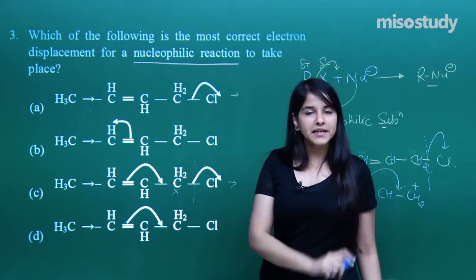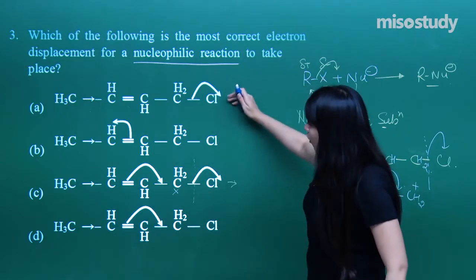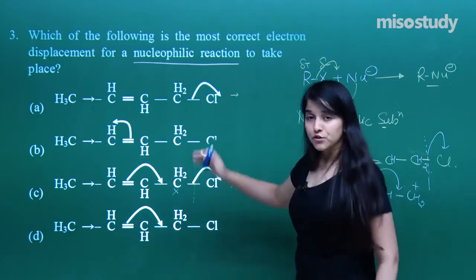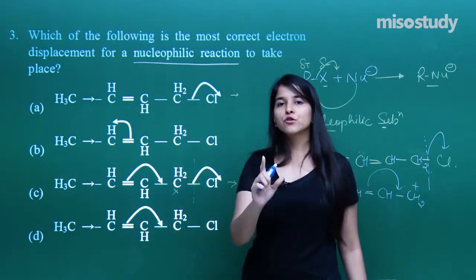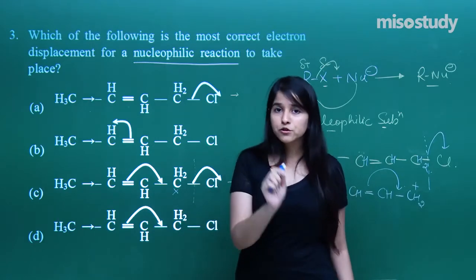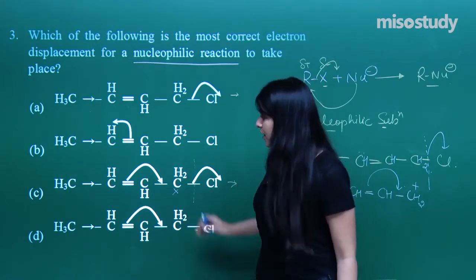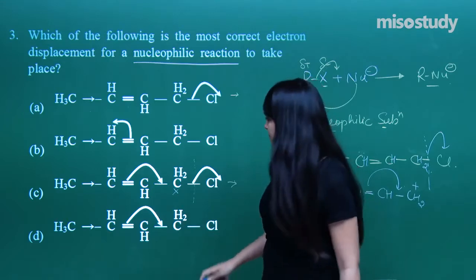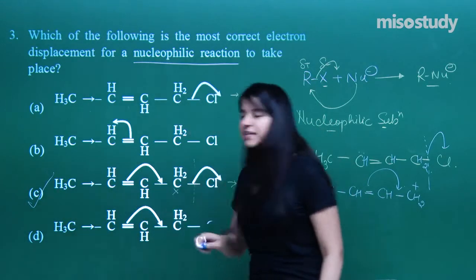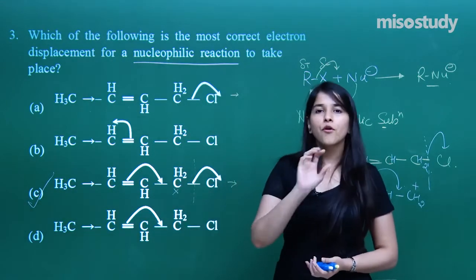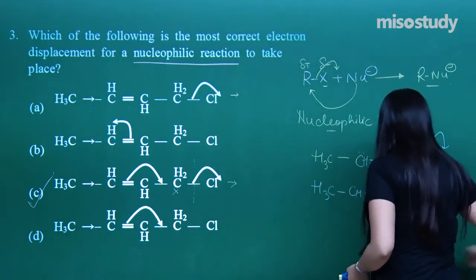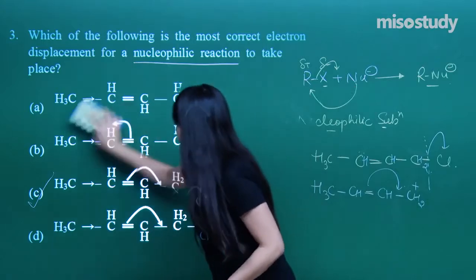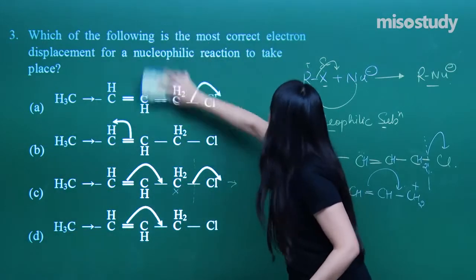I hope that is completely clear to you. We eliminate all the rest of the possibilities, and if we know the proper mechanism, if we know how the process is going on, we can get the properly correct answer. C is the answer over here. I hope you all have understood it well. Let's move on to the next question. So what is the next question? I hope you all have written this down.